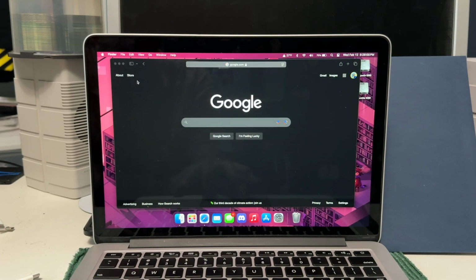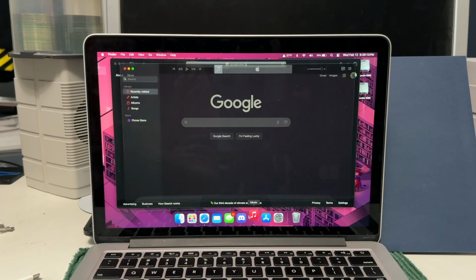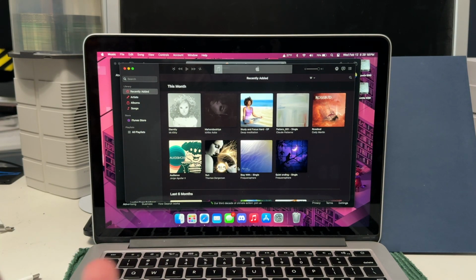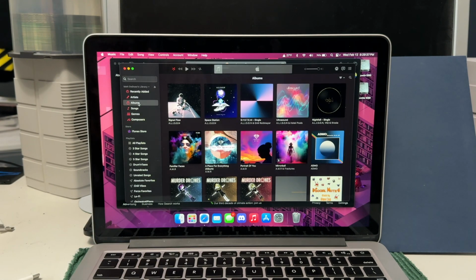So given the cost of these machines, I actually don't know what the price of these are going for on like eBay and such, but I think I ended up paying less than $100 for this computer. Given the price that they are, if you need a good older Mac, these things will do the job just fine. Like let's just open Music here real quick while I'm talking. And it is a little slower, like I said. It's not gonna be nearly as fast as even a supported Intel Mac or even like a 2015 or 2014 MacBook Pro. The only places where I've noticed it does slow down a little bit is with Discord, and I'm